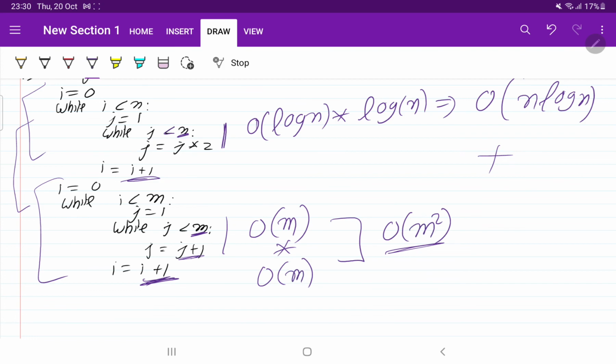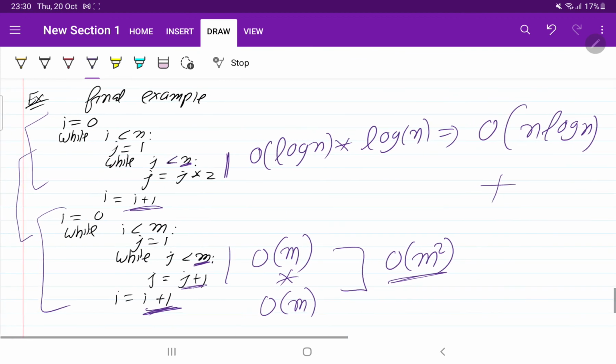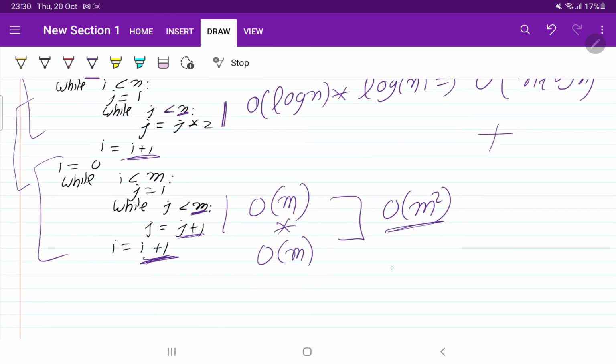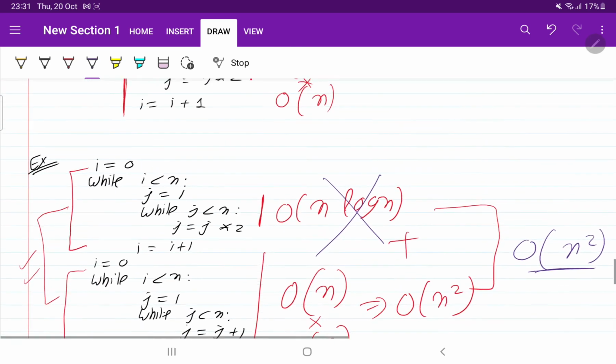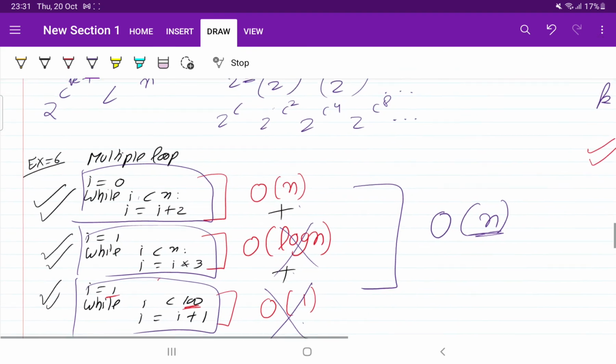Okay, m. So here we don't know the relation between n and m, so the time complexity of this problem will be order of n log n plus m square, because we don't know which is smaller or greater. n and m are completely different numbers, so here you need to write the time complexity like this only. If you are sure about n and m, then you can say otherwise, but if n and m are different variables, you need to write the time complexity like this. Okay, so I hope you got what is the worst case, what is the best case.